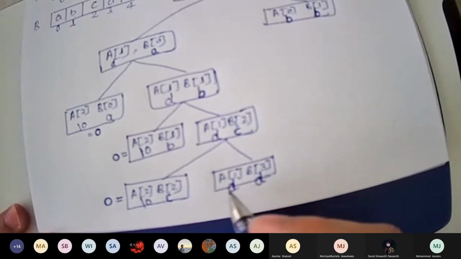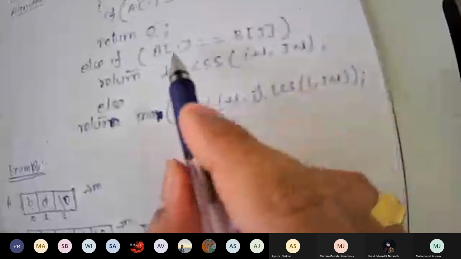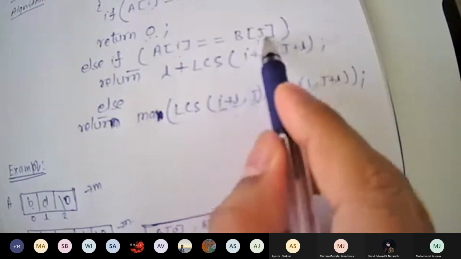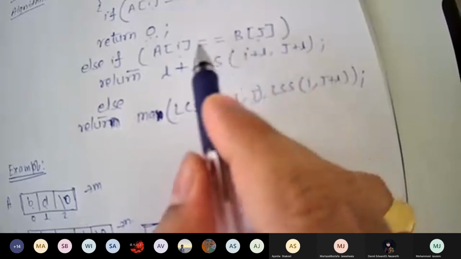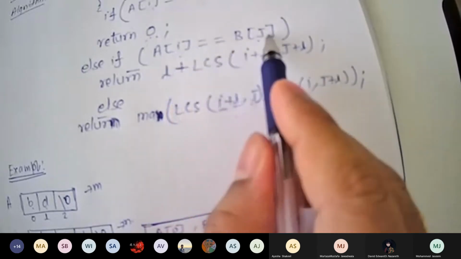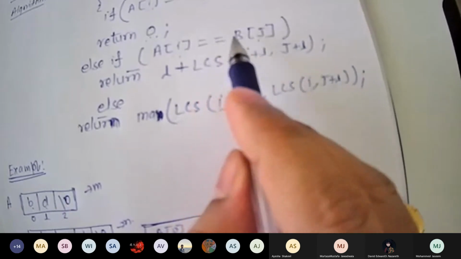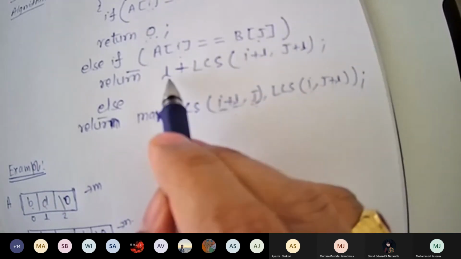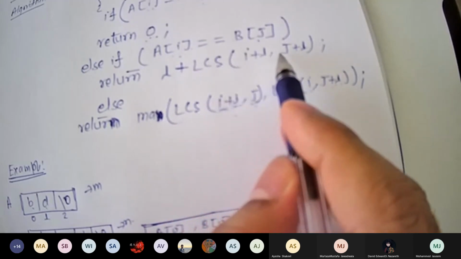Now here you see no 0 but both are the same. On this side, for the first time both are the same. So if both are the same, it means A of I equals B of J. The moment A of I equals B of J, will we go to the third condition? No. This condition is satisfied. Then what value should be returned? 1 plus LCS of I plus 1, J plus 1.